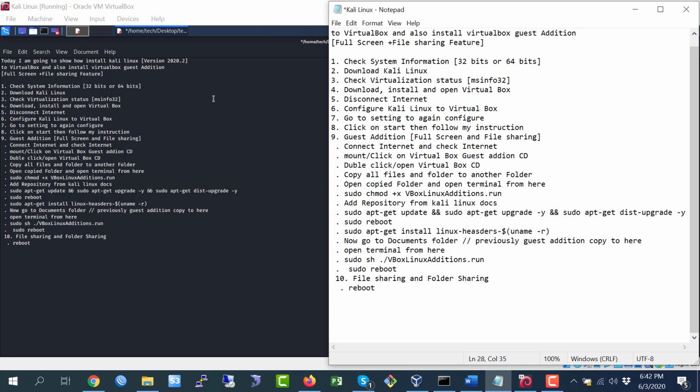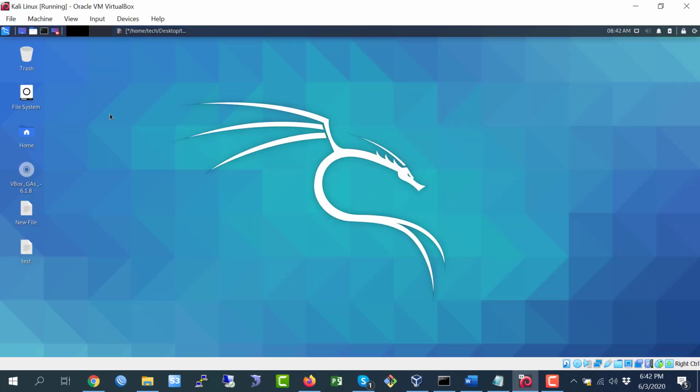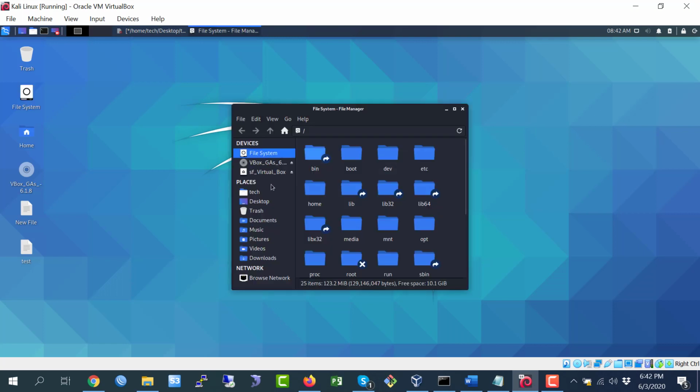Now I am going to the shared folder. How to log in to the shared folder? I go to File System. You see there is the file system VirtualBox and sf_VirtualBox. This is my VirtualBox.